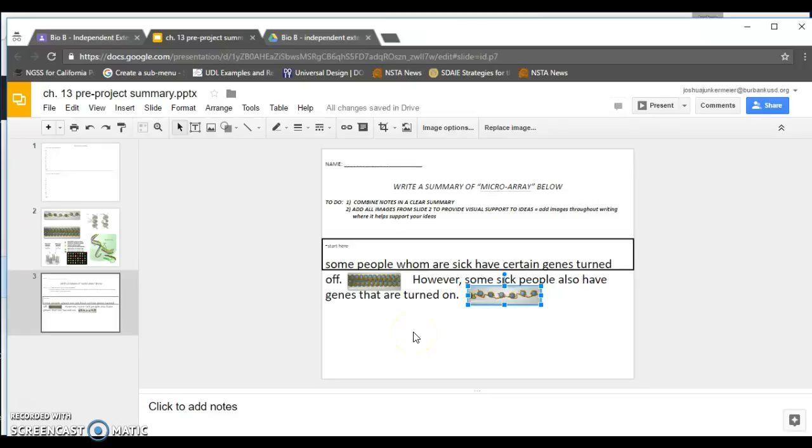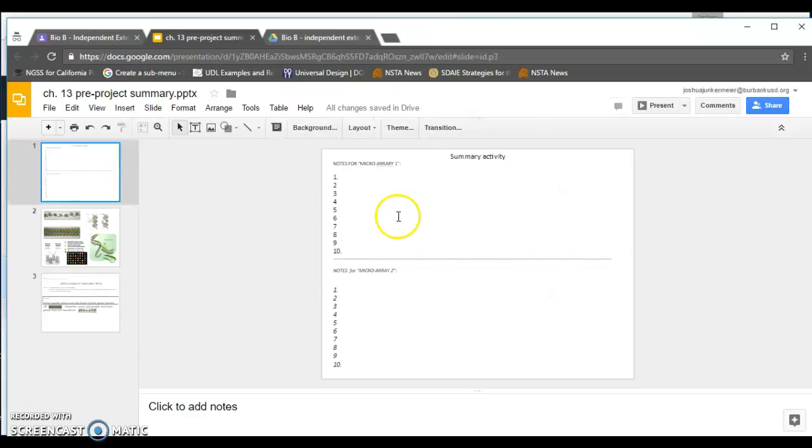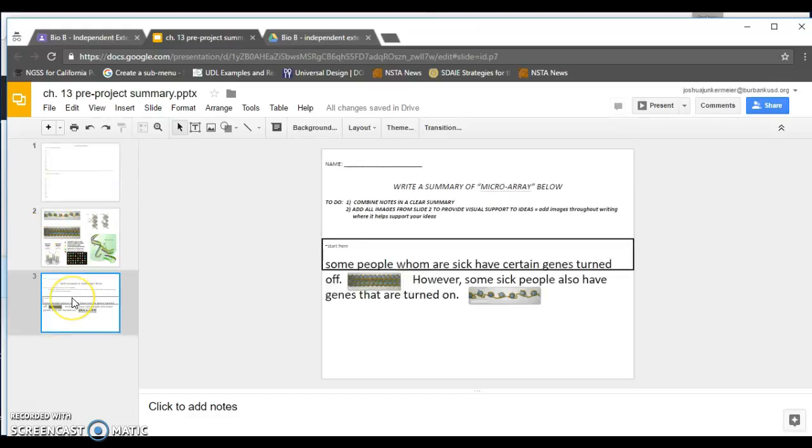Without giving you more hints, I want you to have a chance to do well on this on your own. I want to wish you the best of luck. And remember, it's whatever ideas you think are important to explaining what microarray is, what microarray does, why it's useful, the steps and the procedures to effectively learn more about the genes in sick and non-sick people. As you write your summary, based on your observations, all 20 of them, and remember, as you write this summary,